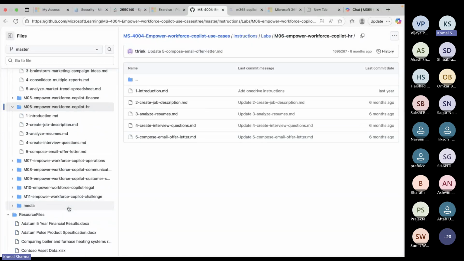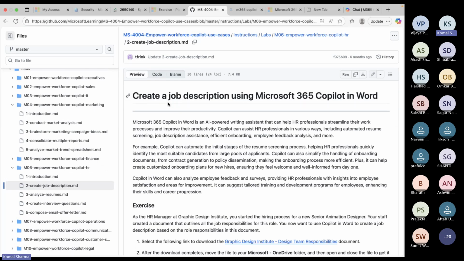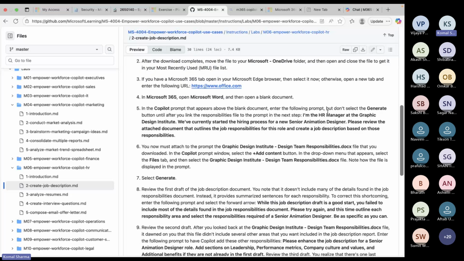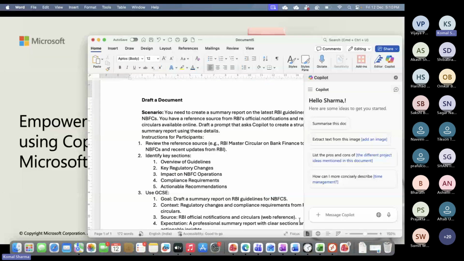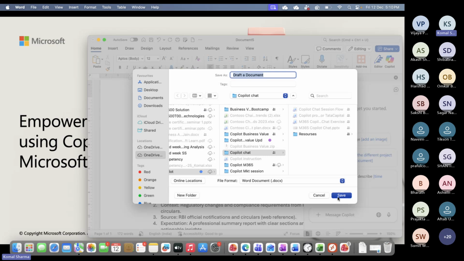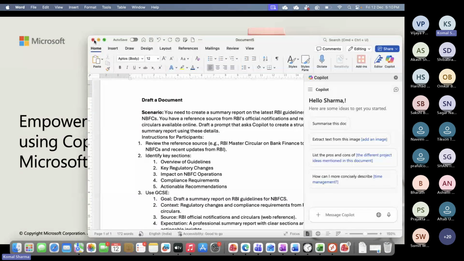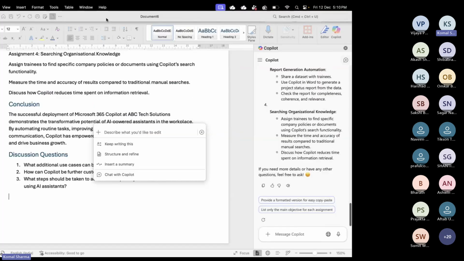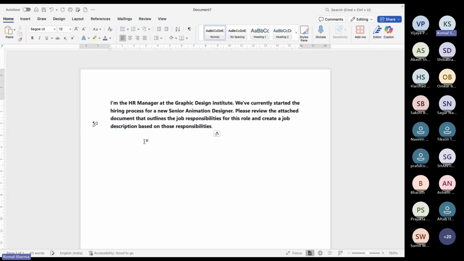So this case study I'm using for HR. Okay. Now let's say HR, you are looking for some employees, like you are starting with a recruitment process. So it starts with a job description. So I wanted to create one job description and I will put my prompt in Word. So I want a new Word document. Here I will mention